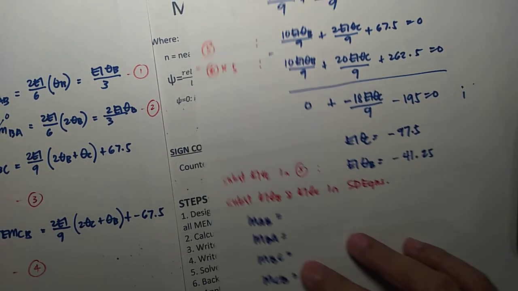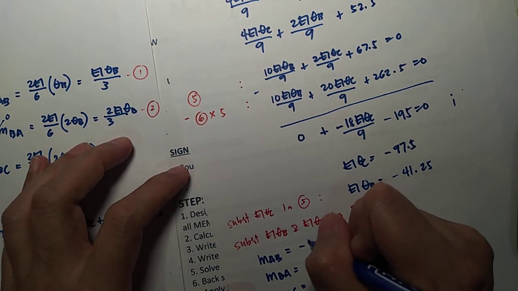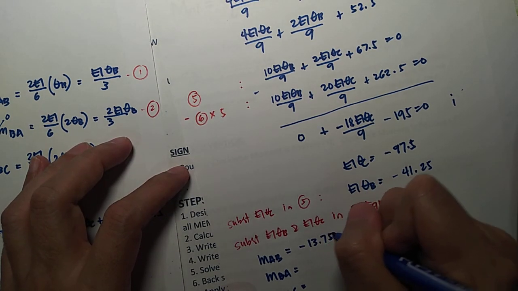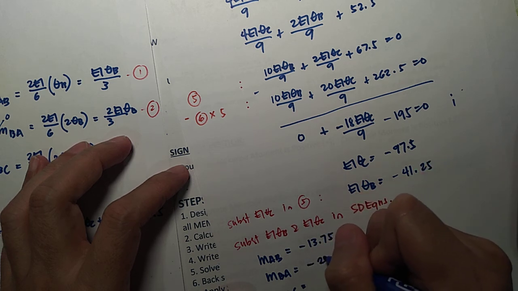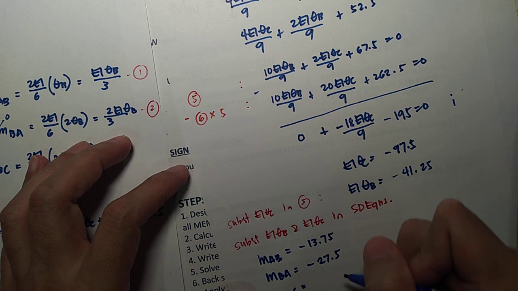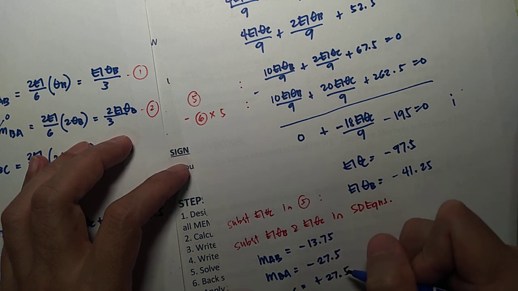And these values will be, this is negative 13.75. Ito, negative 27.5. This is positive 27.5. And negative